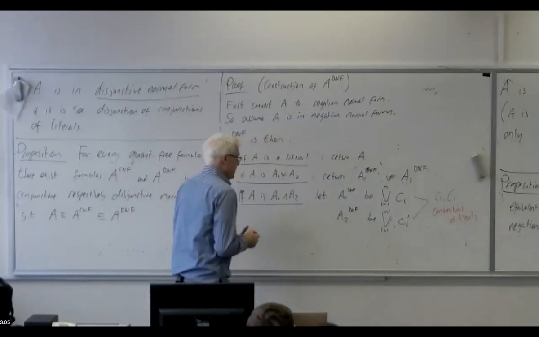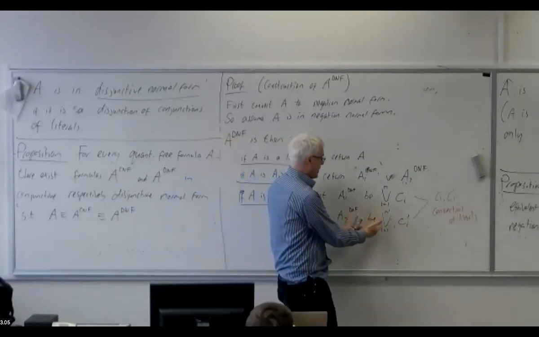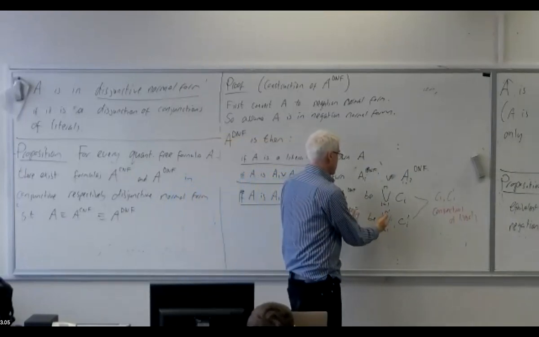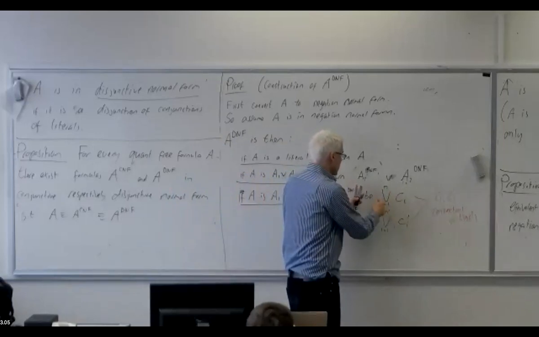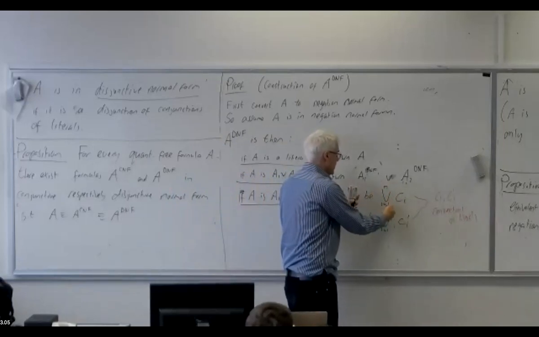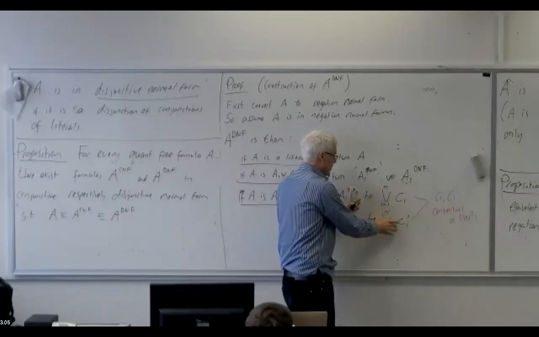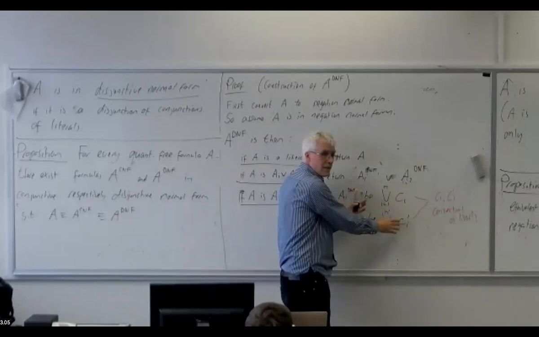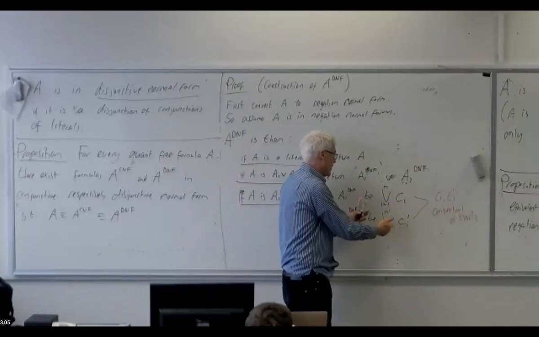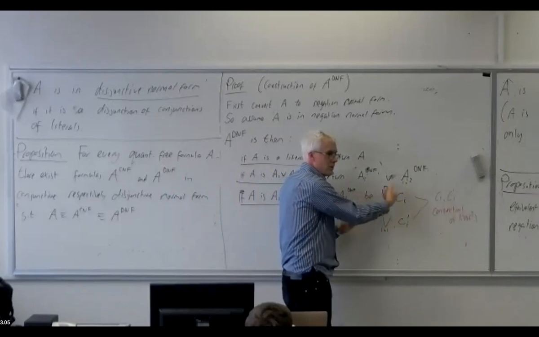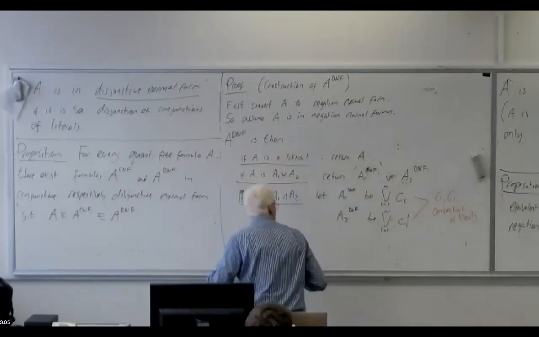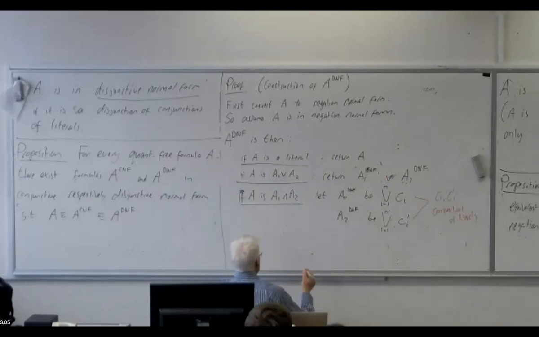And then we return what we get by taking the conjunction of these two disjunctions. And to get that, we use the distributivity law of and over or to distribute the ands inside. So using distributivity, you can work it out. We return the disjunction over